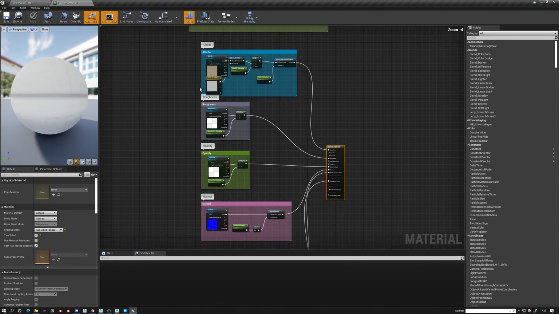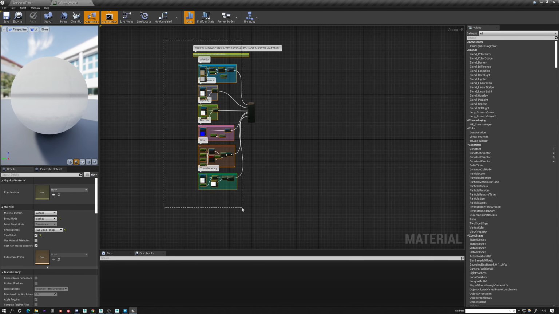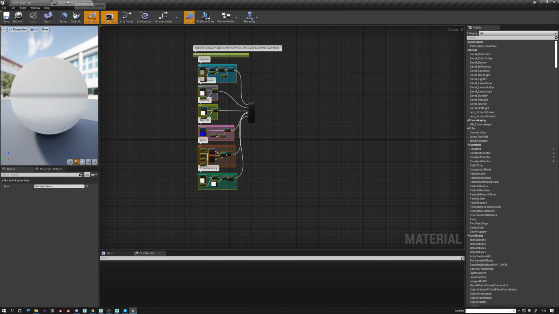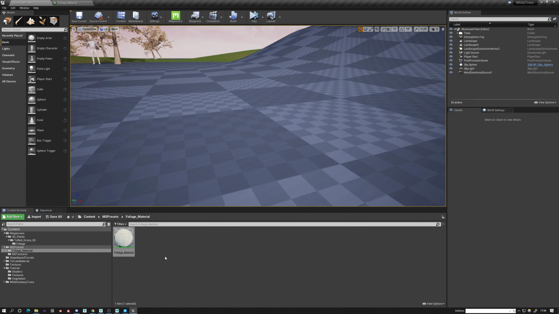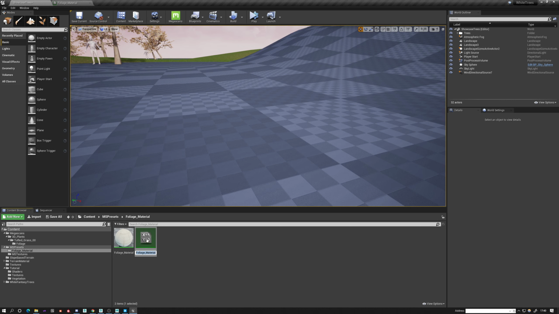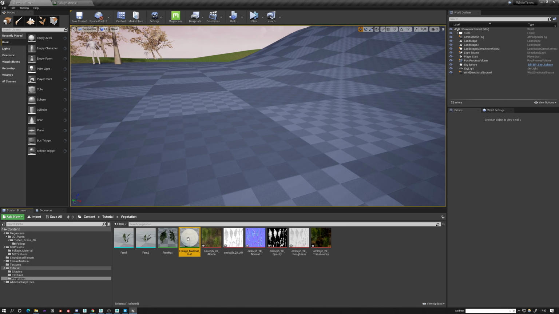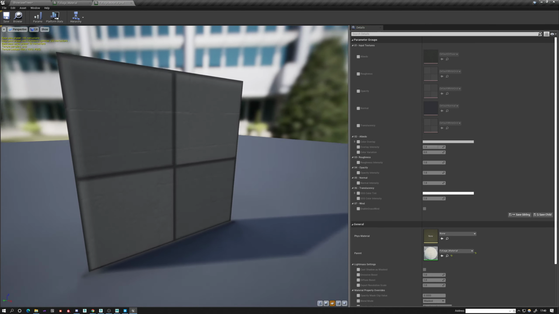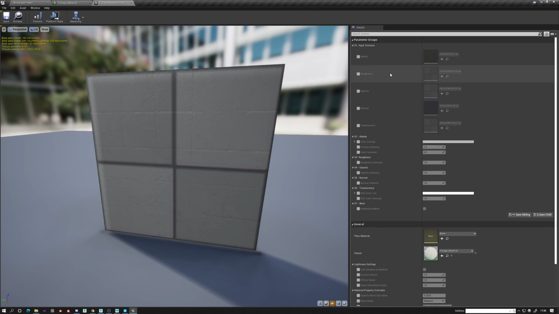and we just need two. We can do two things. We can just copy all this stuff, Control C, and make our own material, or we can just create a material instance and call this, I'll just leave it like that, and just drag and drop it in here, move, okay, and then double click, and now there's nothing here, I mean,